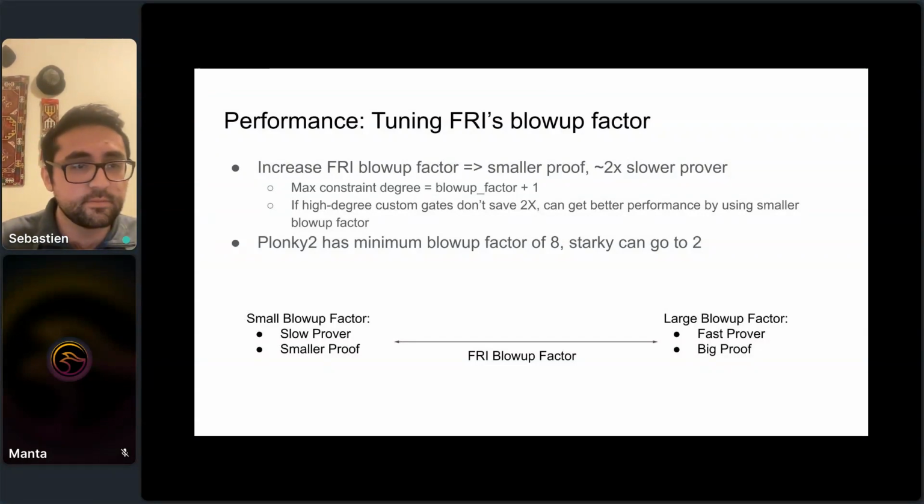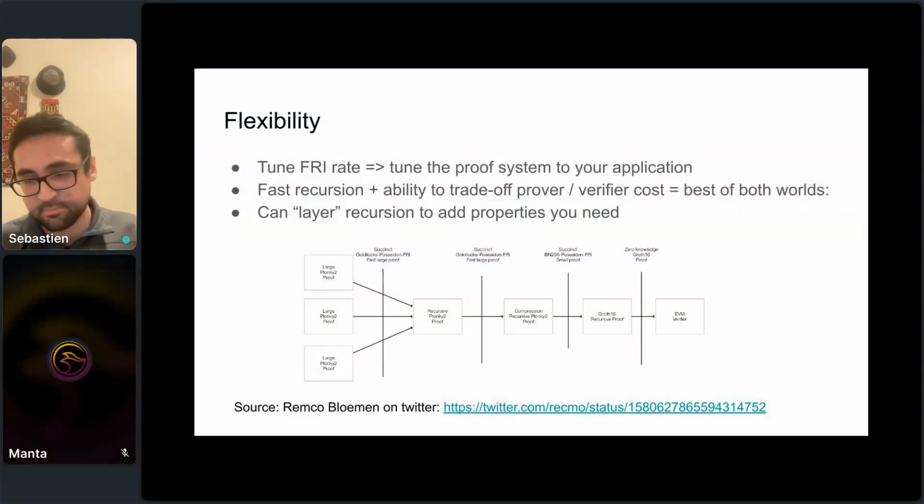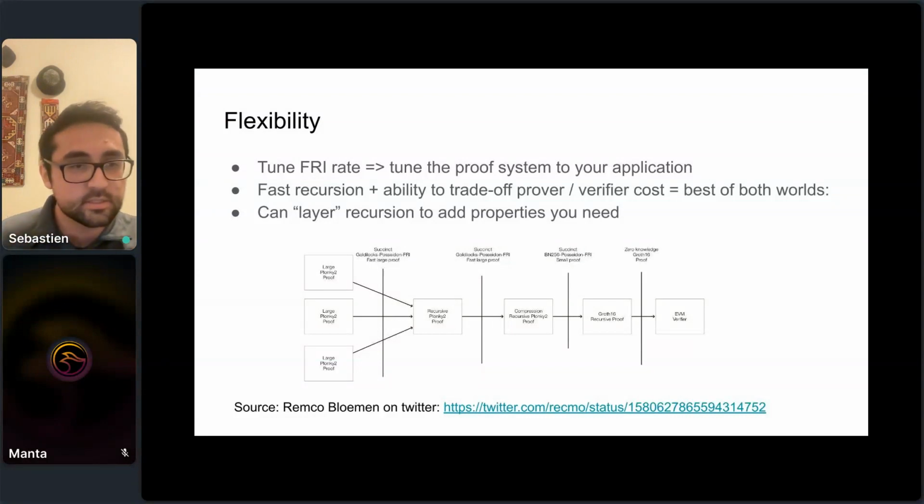And this really feeds into the flexibility that Plonky2 provides, and the ability to use recursion as just a standalone tool. It's not something that's a big effort. It's not something that's really expensive. You can just add layers of recursion. Now what you can do is separate different layers of proving for different things, right? So we have a diagram here that Remco made. He's the CTO of WorldCoin, and